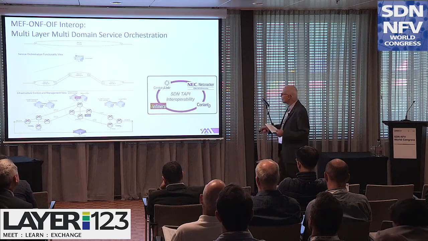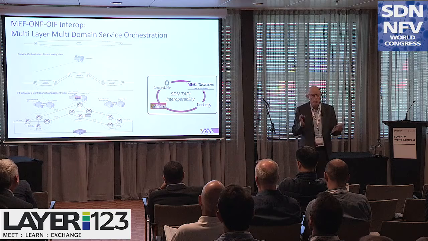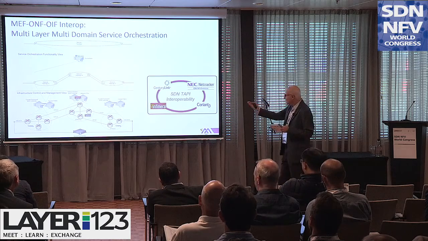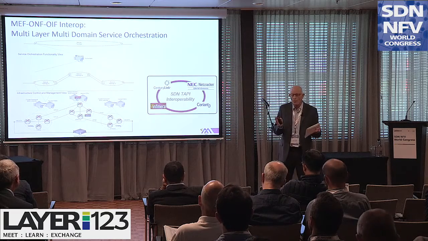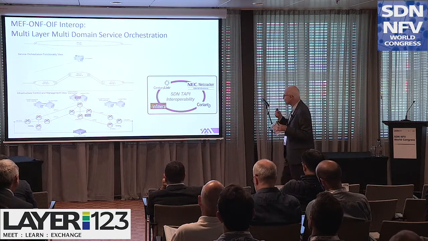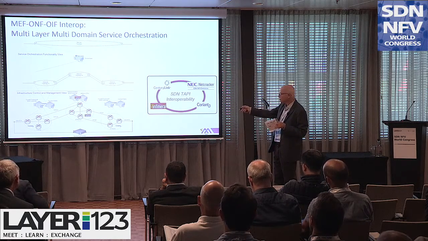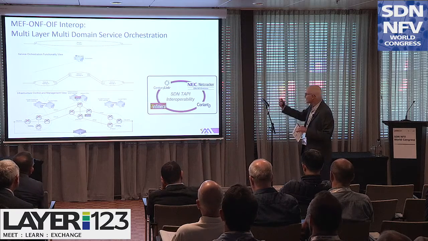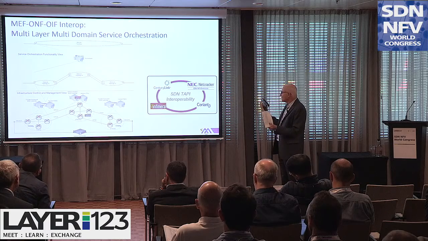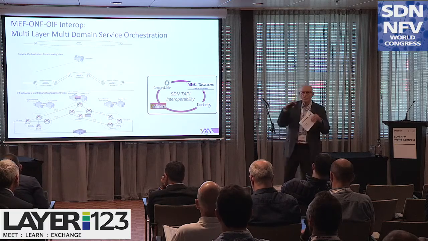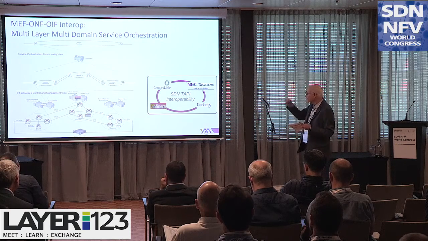Once it understands the service and the network topology, it needs to take the service and actually break it into components so that it can feed each of the domain orchestrators with the requirements to add its component of the service and concatenate it together. So this would be those logical networks in the information model that the orchestrator has. Once it has looked at that, part of it is to translate the service requirement to resource requirements that are needed to be passed on the Presto interface to the